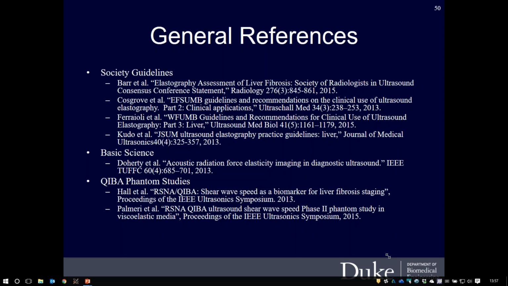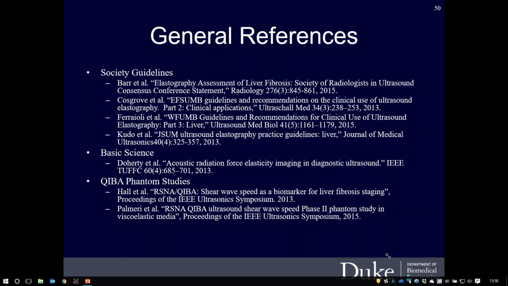Another question here is, does body habitus such as high BMI versus low BMI affect shear wave speed measurements in the liver? Does the overlying soft tissue affect the measurement? Another great question. Right now, BMI is one of the factors that typically trends with the disease state, so it's a little tricky sometimes to delineate this. We do know in the literature that shear wave speeds can be reconstructed in people with BMIs as high as the 60s that have been reported. No studies that I have seen have actually correlated BMI directly with that.